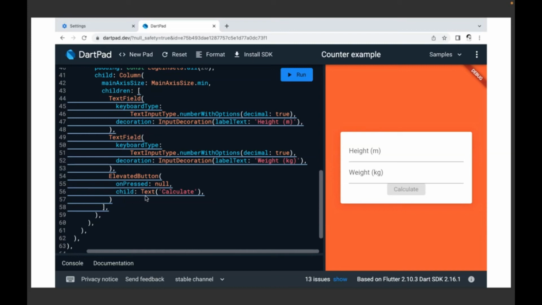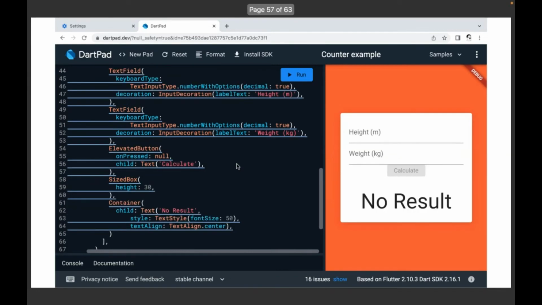And the child property is basically a text object, which is the text that is being displayed in the button here. Next, we are going to put in a size box. This size box is just to give some space between the button and this text here. Now this text here is going to show you your BMI because that's the focal point of the app. We want to make it a little bit larger so that it's easy to see. So here I can create a new text object, and I can set the font size to 50 to